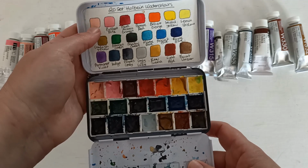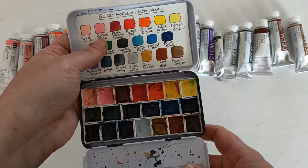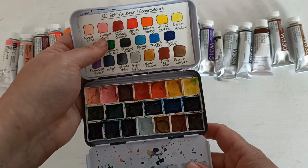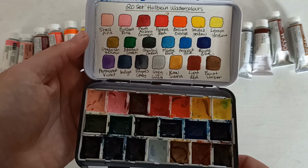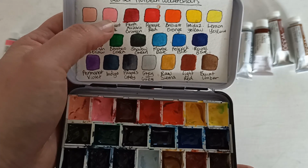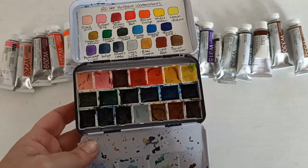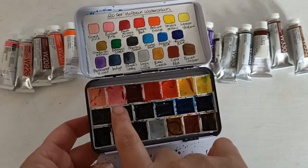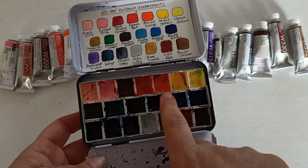I probably didn't need both Shell Pink and Brilliant Pink, but it's one of the only companies of paints that I've really been able to find nice pastel pinks that I really like. The Shell Pink I tend to use more for skin tones, and I just enjoyed the Brilliant Pink, so I got it. So originally I got the Brilliant Pink and the Brilliant Orange because I had a set, which is a much larger tin,